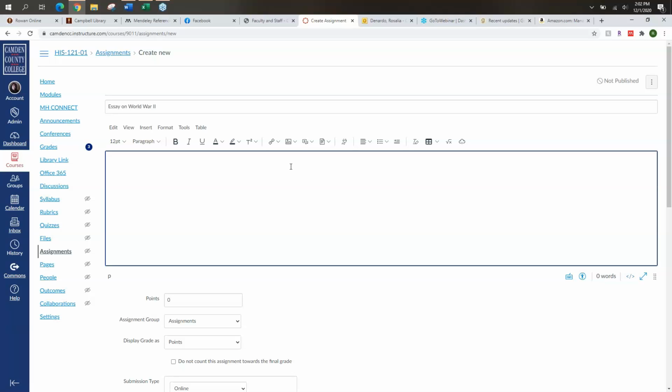So I want to let them know how they're going to submit it. Do I want them to submit it as an attachment, or do I want them to type directly into the text box? What are my requirements? So the more specific you are with the assignment, the better it is for the students and for you, because then the students know exactly what it is that you want them to do. So we're just going to say type description